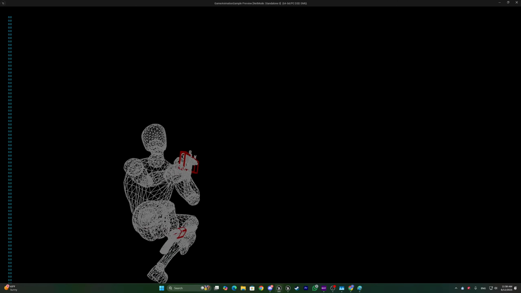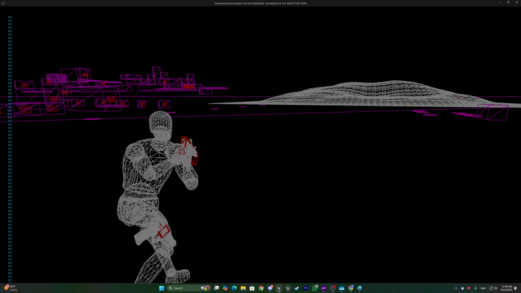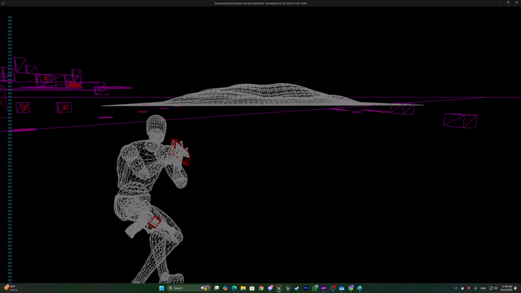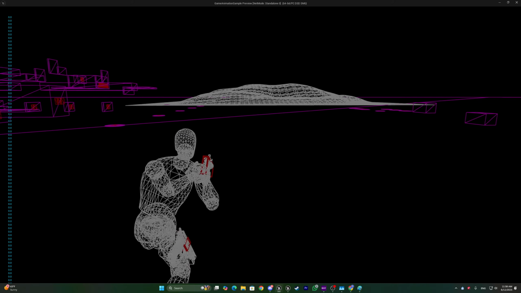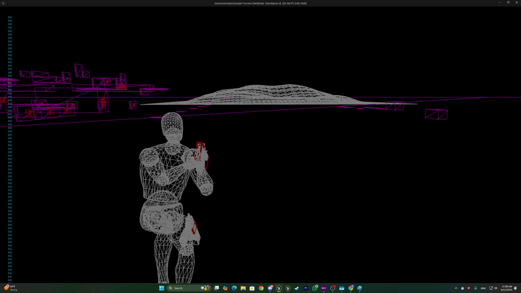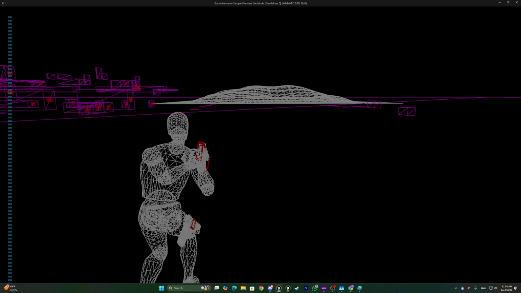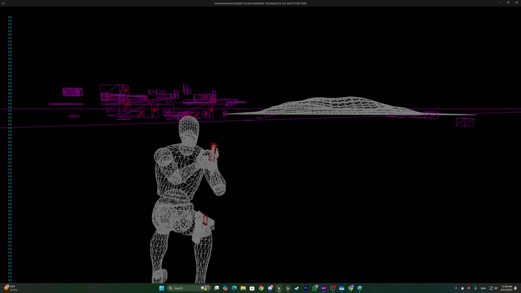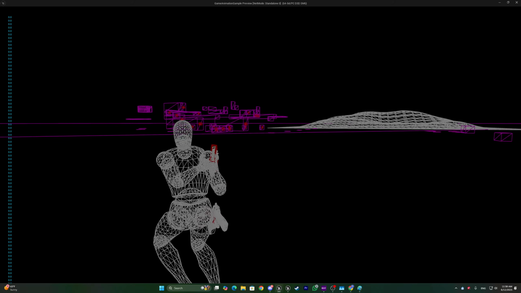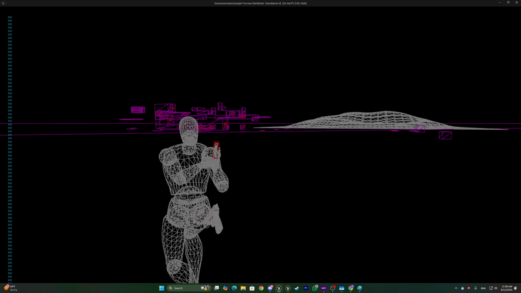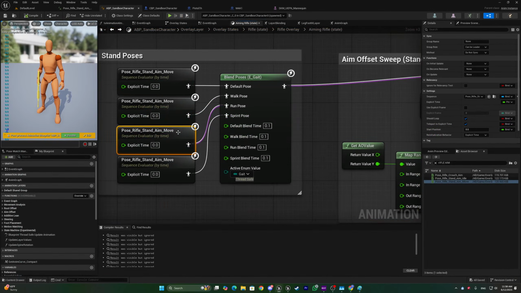So as you can see, the head moves a little bit too much to the left and right. I think this could be either the spine or the pelvis,